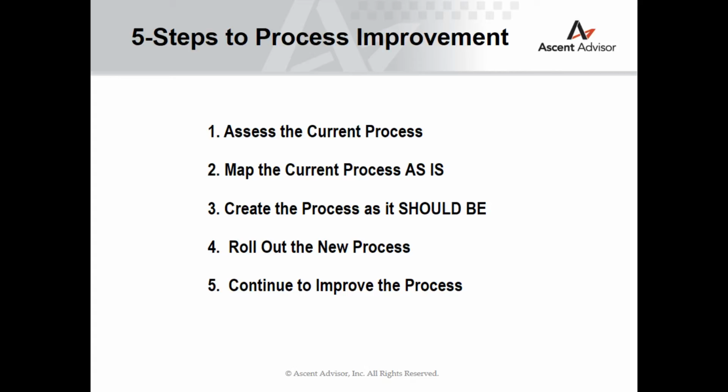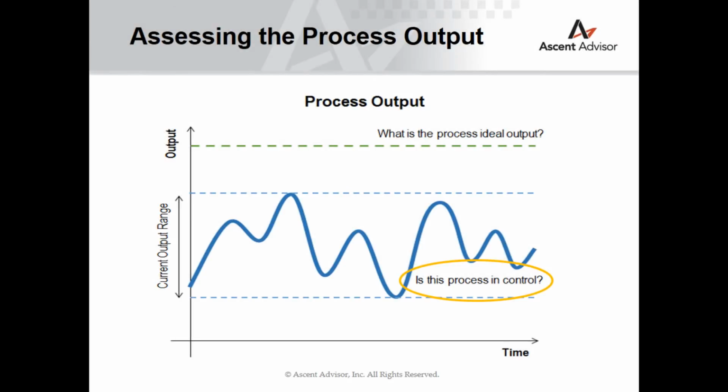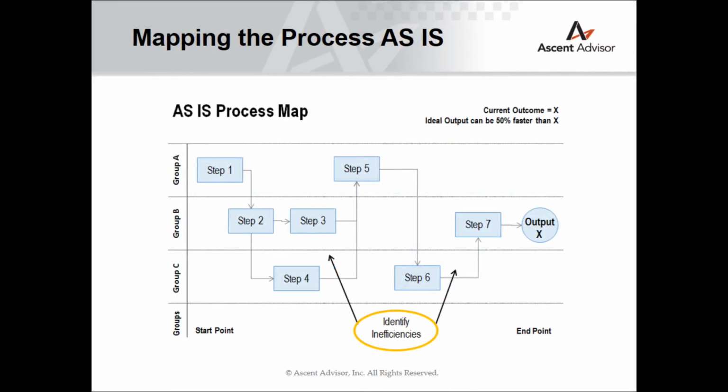Then, looking at the variance, estimate the ideal output, assuming everything works optimally. The ideal output is meant to be just that, an ideal. It is possibly not achievable in practical terms, but it gives us a target to shoot for, and it should be ambitious. It should assume everything is working optimally.